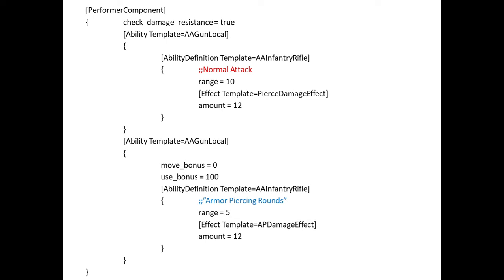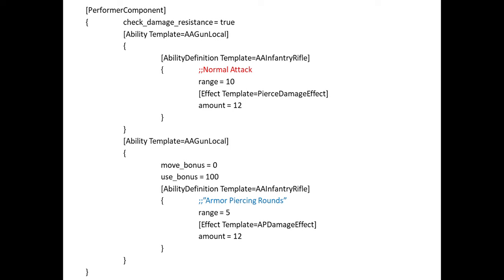But the armor piercing attack has a move bonus now of 0, meaning it will never try to get into range to use it, and has a range that is significantly lower than normal. The use bonus, however, is higher at 100. So in the same vein as the vanilla marine, it would only ever use the armor piercing attack when in range, but it will also always use it despite check damage resistance being set to true, because the use bonus,